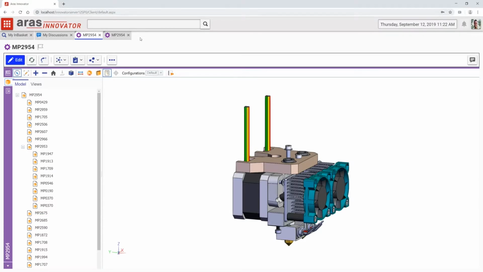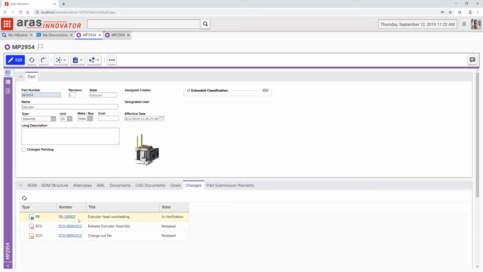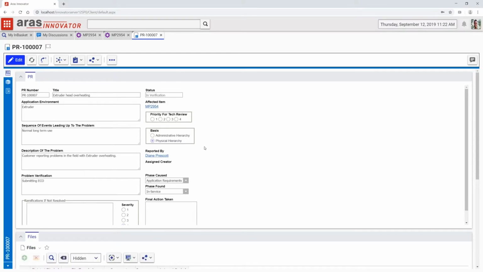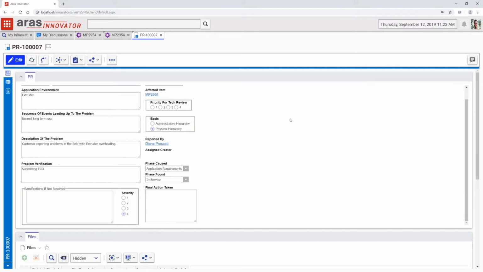I want to go back to that Changes tab, and I want to point out not only ECOs, but also other processes like problem reports are included here. So here we'll talk about a platform that allows us to take not just simple ECOs or approval notices, but more complex things like a problem report. Using our quality management capabilities, we can see all the information about the item that's impacted by the problem report is still accessible here. I won't take the time to re-click on those because you've seen them multiple times already.